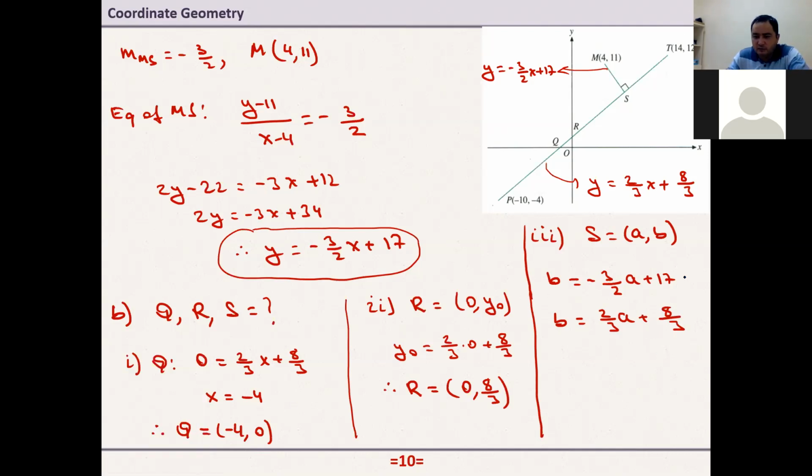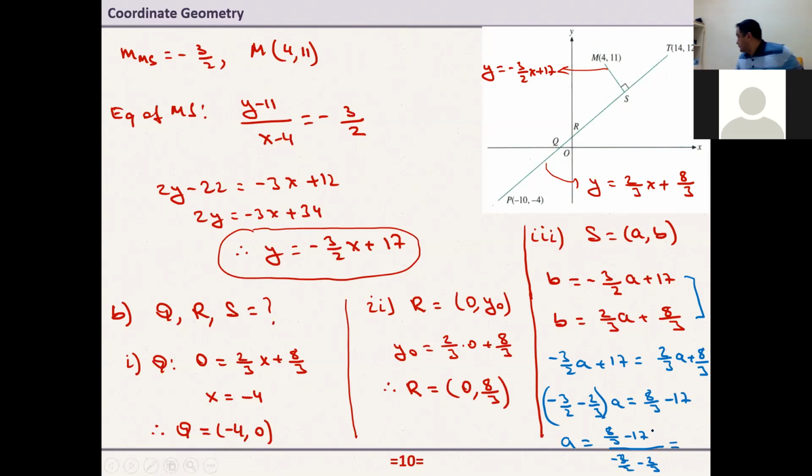So these things are equal. So from here, minus 3 over 2A plus 17 is equal to 2 over 3A plus 8 over 3. Let's take that to the left-hand side and this one to the right-hand side. Here we have minus 3 over 2 minus 2 over 3. And here we have A equals 8 over 3 minus 17. So what is A? A equals 8 over 3 minus 17 over minus 3 over 2 minus 2 over 3,